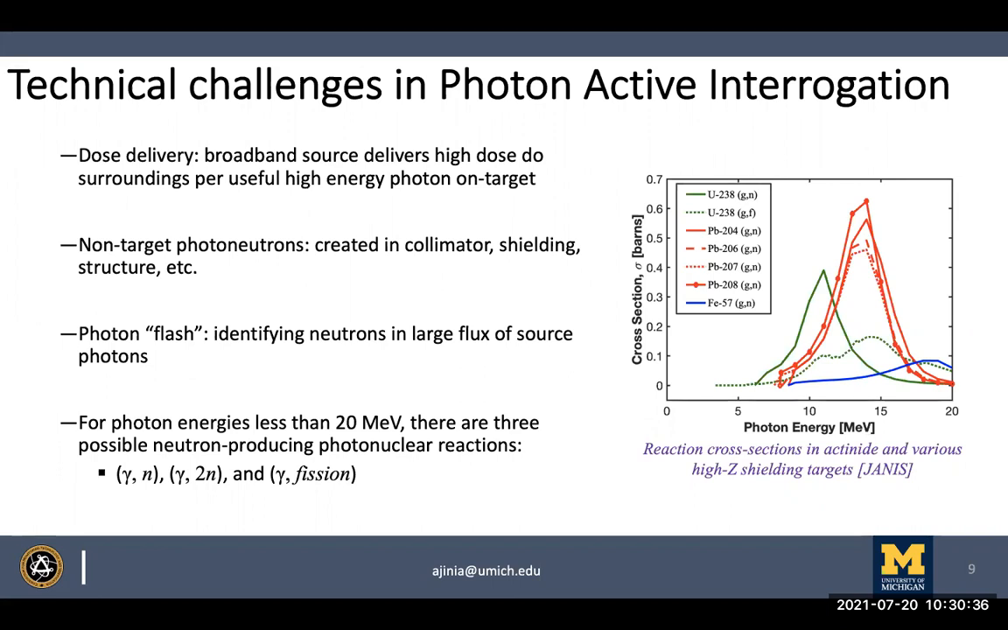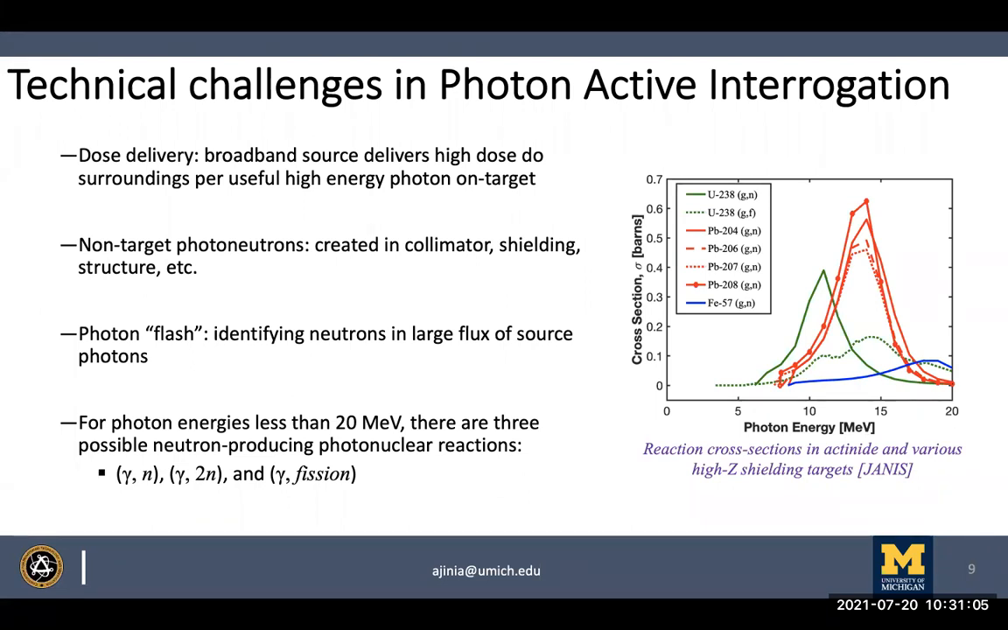So dose delivery is very, very important. And this presents us a challenge because, as I showed earlier, the cross sections are very low and we cannot use low energy photons. So we have to find a sweet spot where we can get enough photofission reactions in the SNM and we don't deliver a lot of dose to the cargo itself and the operator who is performing the active